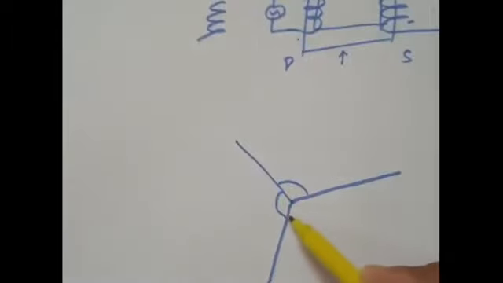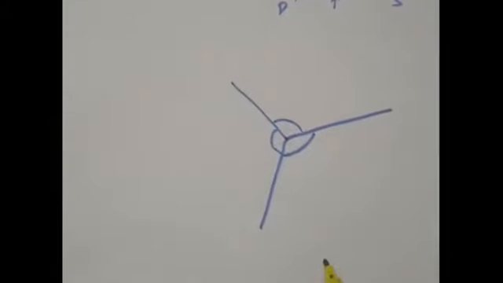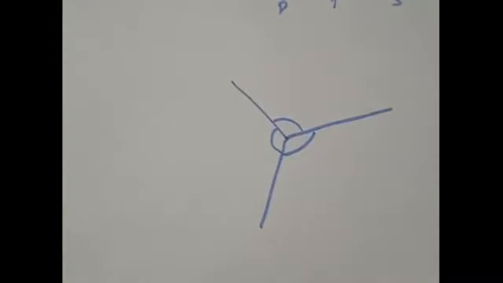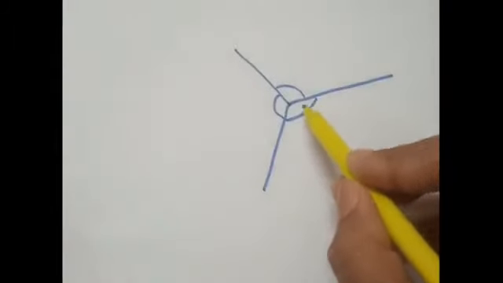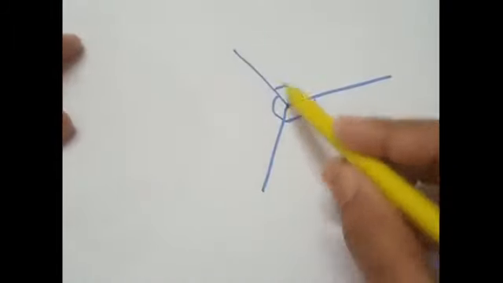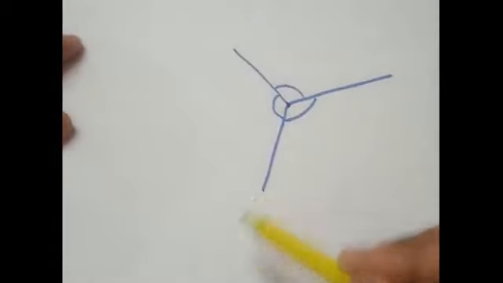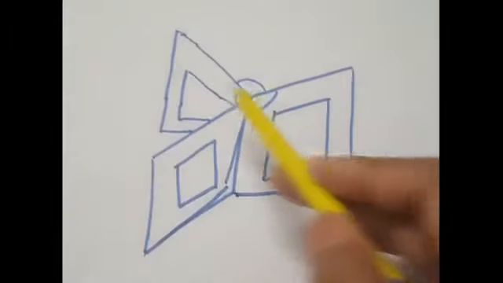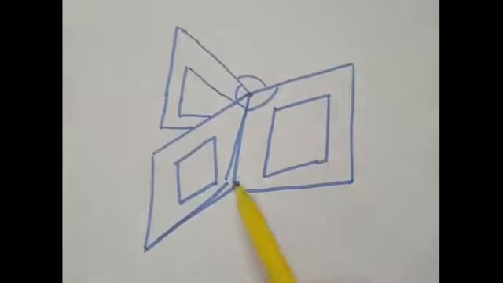So the angle between the 3 will be 120 degrees each. And how are we going to join them? Here we'll have 3 single phase transformers, so the 3 single phase transformers will be connected across this line. This is how it will look when we join 3 single phase transformers with each other, having a 120 degree angle with each other.